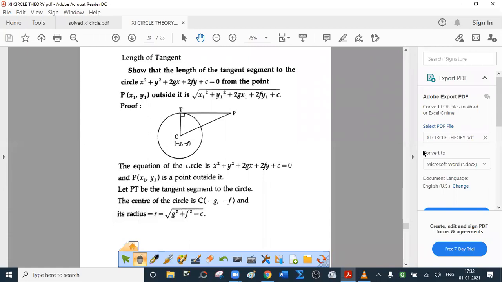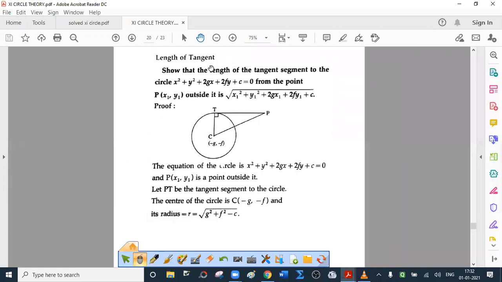Let us discuss length of tangent. Actually, it should be length of tangent segment. Tangent is a line which has no length, but by length of tangent we mean length of tangent segment. Show that the length of tangent segment to the circle